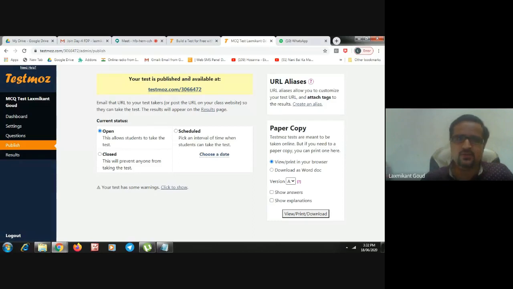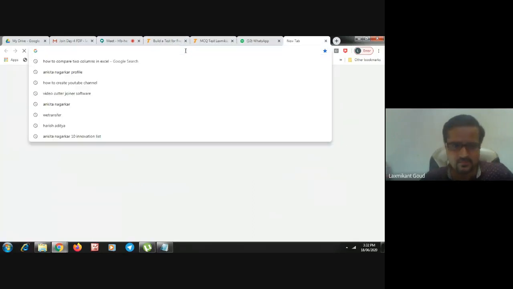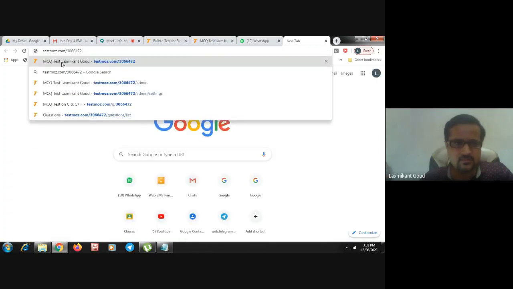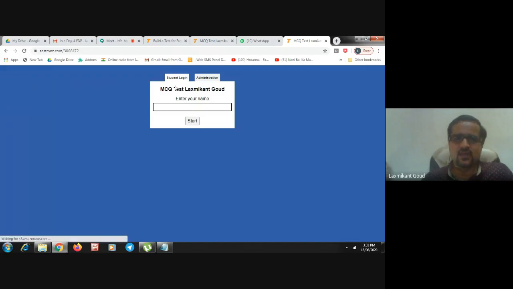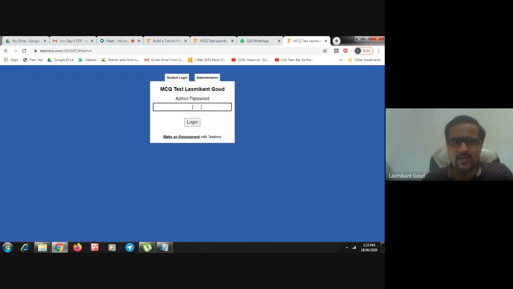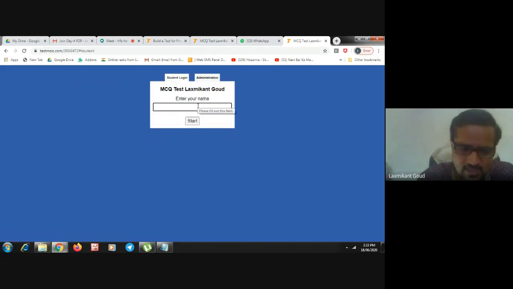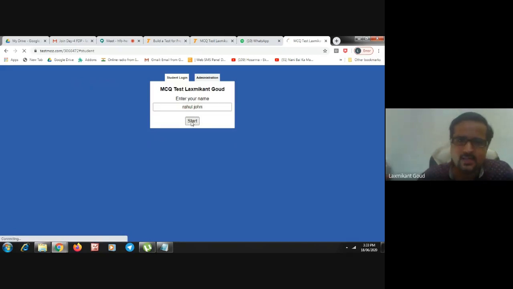So I will show you the students window. This is the students window. Here is student login and administration. If you want to log in to the admin panel, you have to enter your password. Suppose I just enter the name of the student, Rahul John, and then click on the start button.